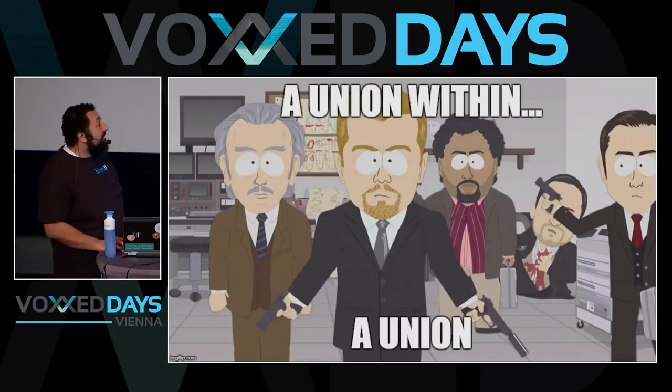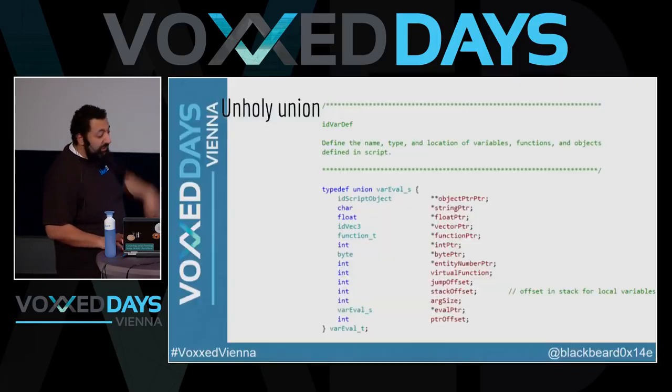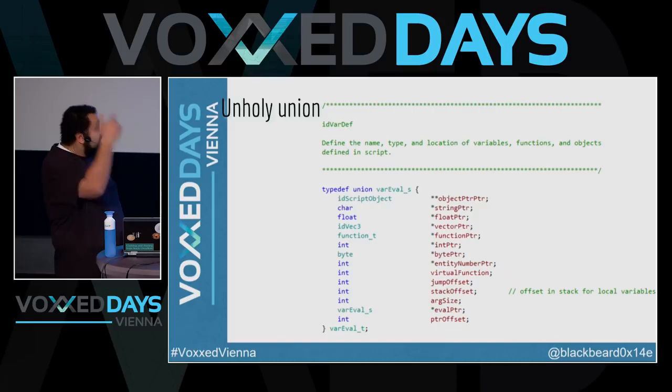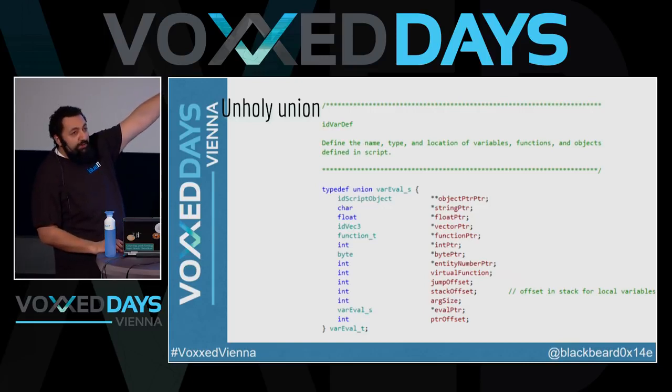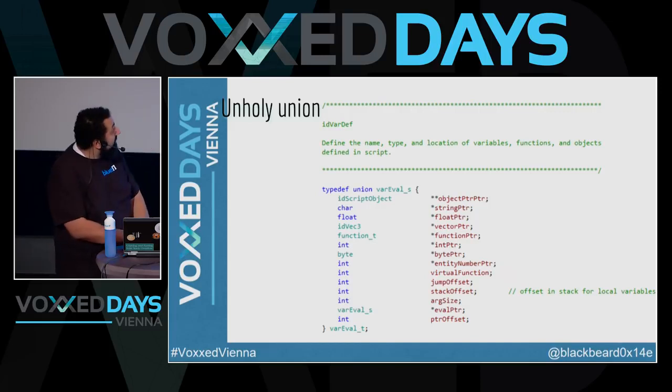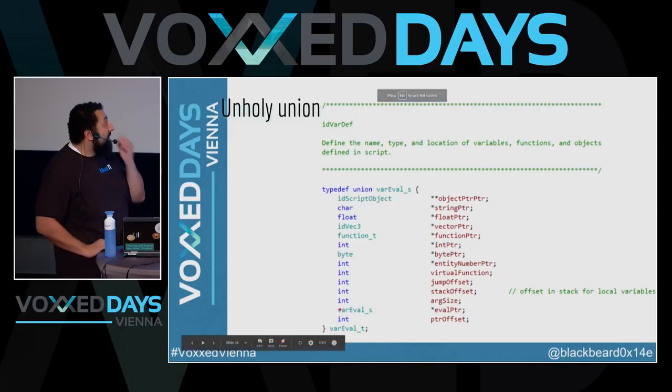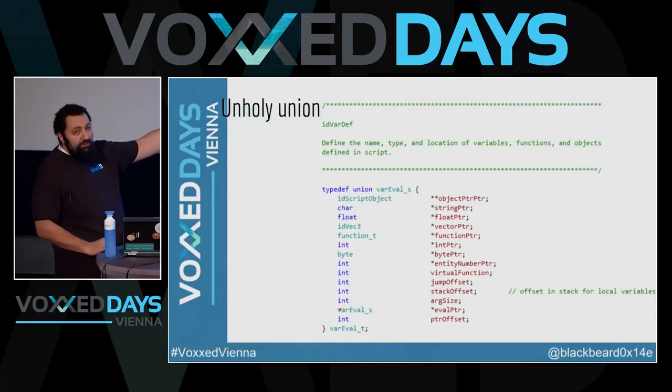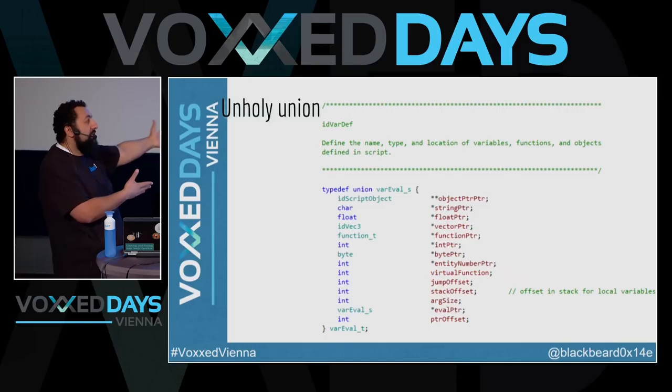That's a good question. This is a cool picture I made, and some of you might recognize it. So, a union within a union. This was a union in the game, a very extensive union, as you can see. When you see the asterisk, this is a pointer, and an asterisk pointing to a pointer, or a two-dimensional pointer, if you will. And the worst part was this one: within the union, you have a type of your own union.